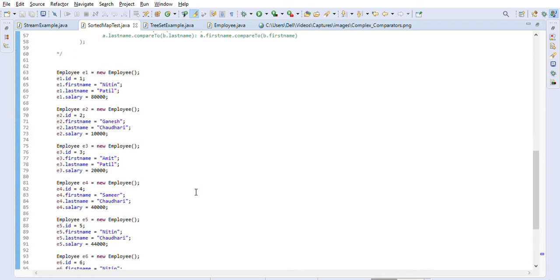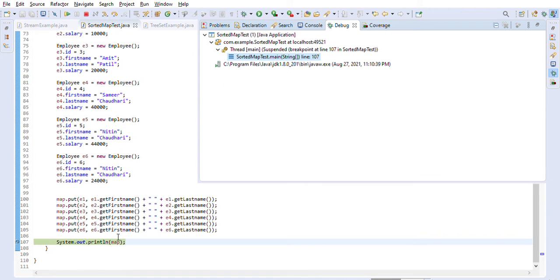So I am rerunning it. Okay, now again, let me make this big so I can show you the result. Now, as you can see, the ID is changed, right? Because now we are using the first name, so